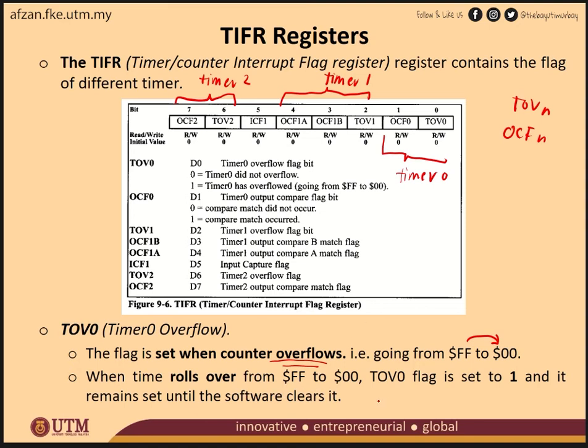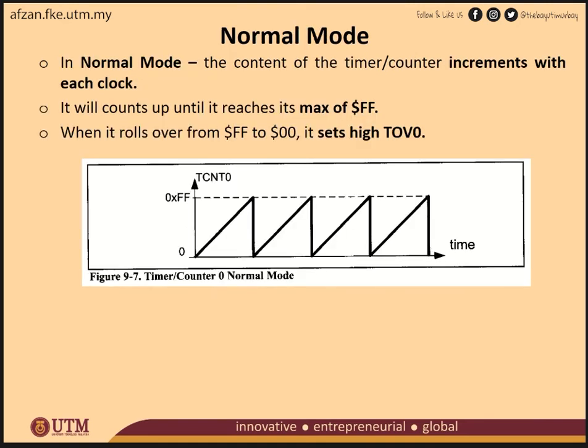Okay, so it will remain equal to 1 until you clear that value. How to clear? Later we'll see how to clear the flags, so that the flag becomes 0 again. So in normal mode,